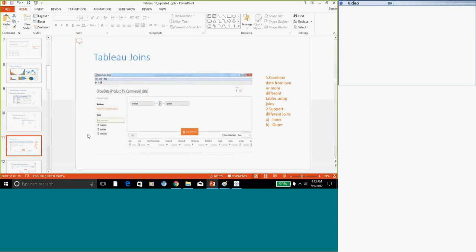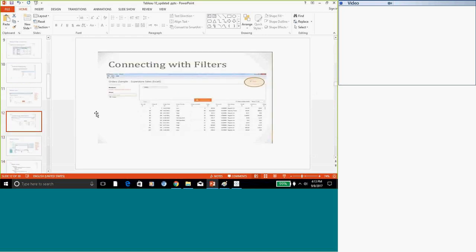This is about joins, the various types of joins you can combine. It supports various types of joins like inner and outer. And if you want to filter your source before you pull it into Tableau, you can. It also gives an option called filter out before you load. For example, it is connecting to an Excel data source like Superstore, but you are able to filter it. You can limit it to a number of years, maybe instead of going for 10 years, you can limit it to the last 5 years, or maybe you can